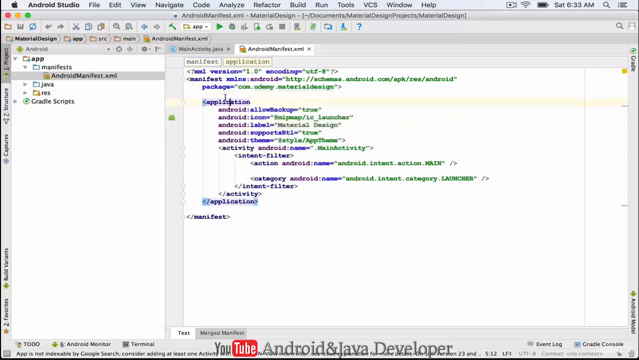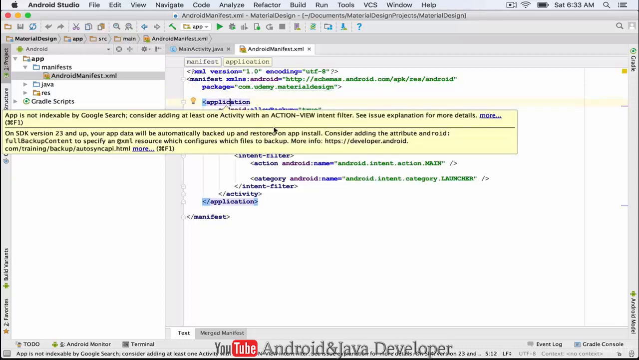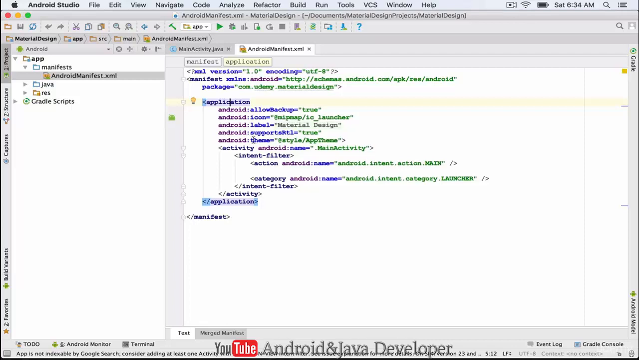Alright, you see that inside the application tag there is an attribute named Android theme. In fact, this attribute shows your application theme, and in this lecture we are going to work with this attribute. If you notice, you see that by default the value of this attribute is app theme. This means the app theme style from the style section. Okay, I close Android Manifest,